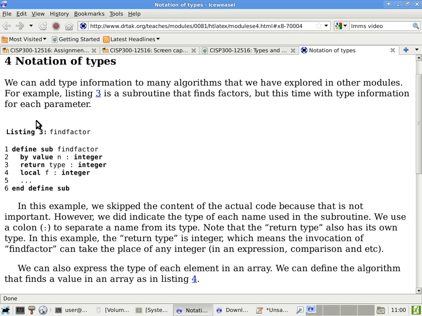The way we denote a type is basically just to add a colon, and then we specify what kind of a type we are expecting for that variable or parameter. In this case, if you have a subroutine called find